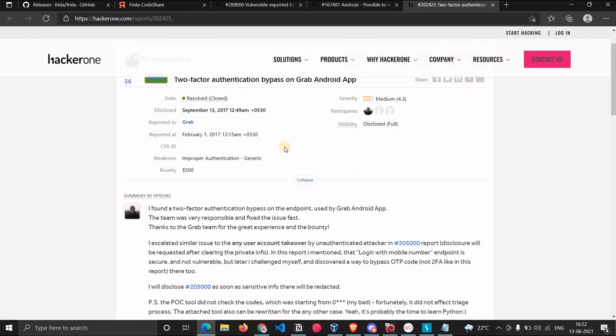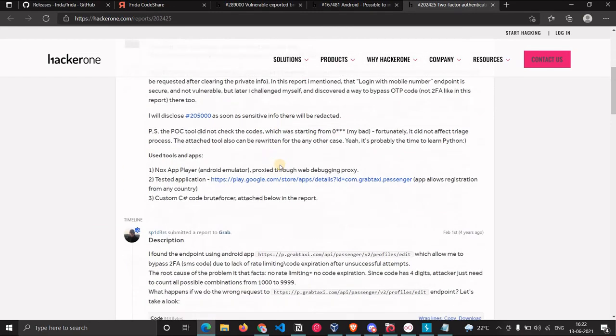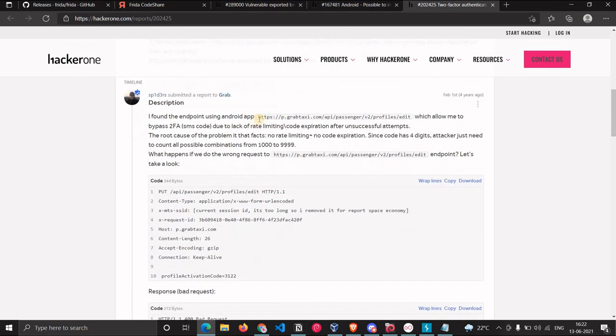So there is one report, so let's just check that one. What this researcher did is he just bypassed the two-factor authentication on the Grab Android app. This is the description. He found one endpoint, this is the endpoint, which allowed him to bypass 2FA due to lack of rate limiting.